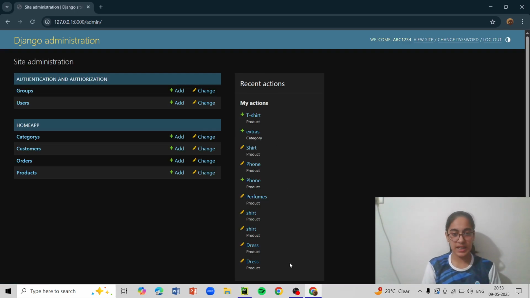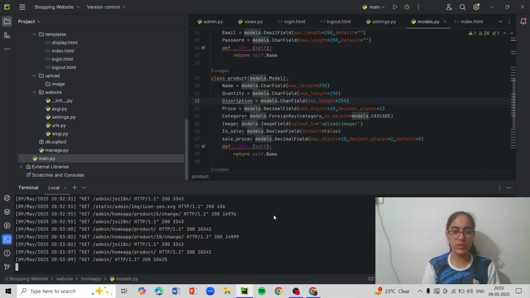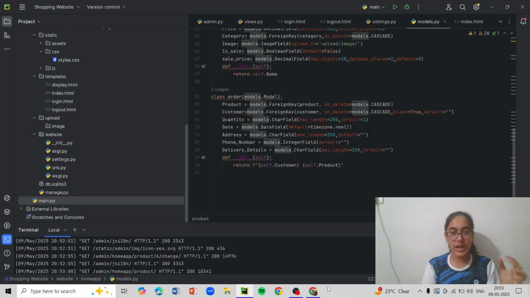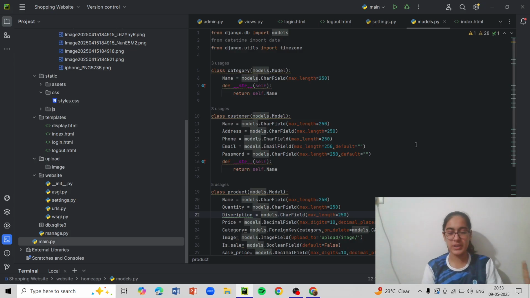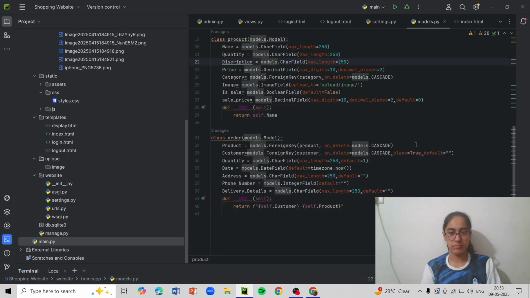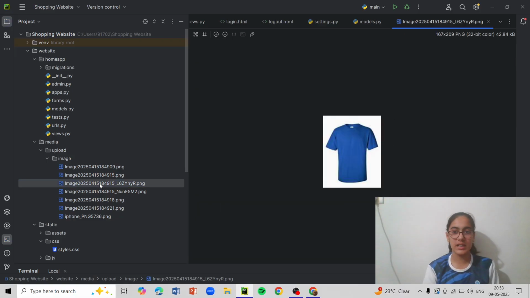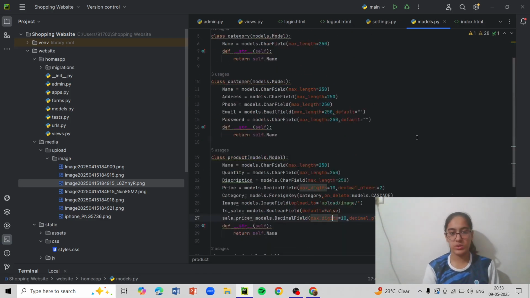Now I can see my recent actions over here. So I'll just close this for the time being. I'll go back over here and show you all these once more. I want you guys to review the code and tell me if there's any error. I didn't find any error, but I want you guys to do it also once. This is the first page. This is the second page. Now if you realize, all those images I put in from there are actually copied and saved over here. This way we can easily create, like I want this image. This is the shirt image I uploaded. So that's a plus point. Now this was my code.